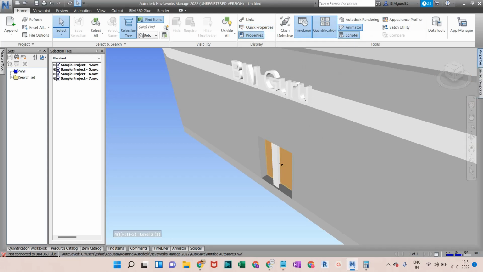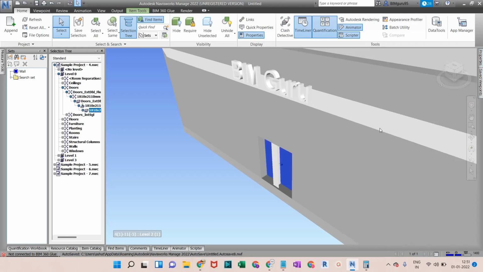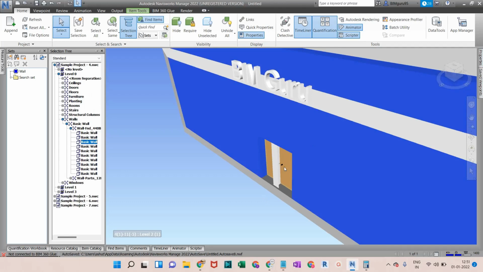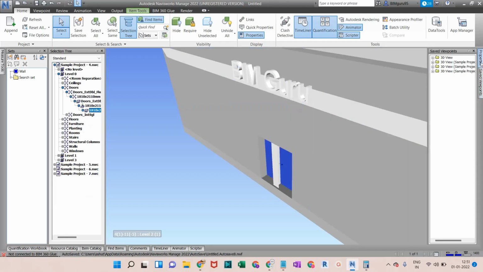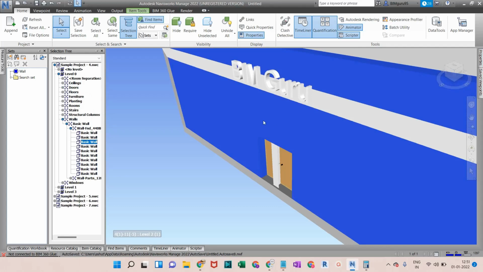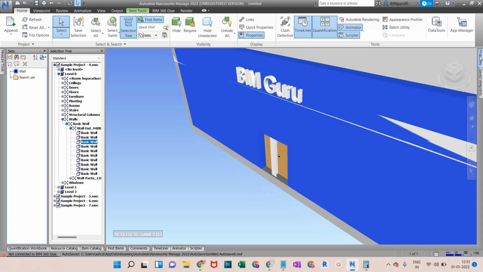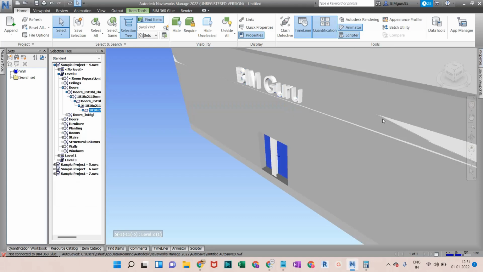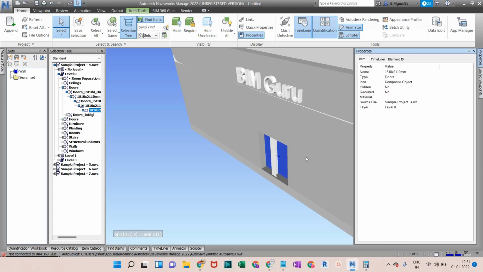Properties we already covered in the last session. If I click on any element, all the properties will be right there. Sometimes it is not sure because, as we discussed in our last video, it's not from Revit, it is directly imported in Navisworks, so that is why sometimes it creates a bug. Right now you can see for the walls it's showing all the properties. The same thing it will show for the door as well. Sometimes it does not show, no worries, but it will show all the properties right there.